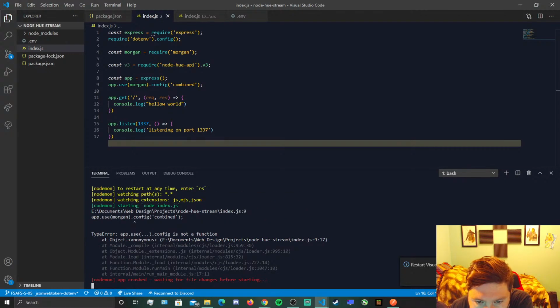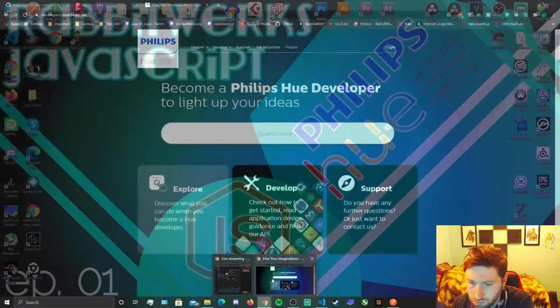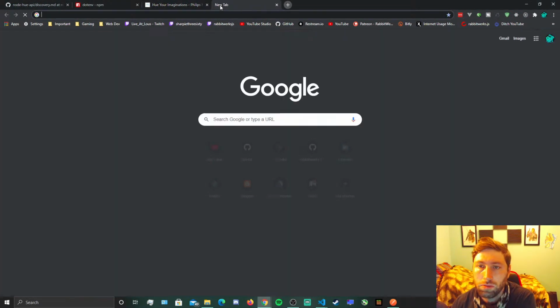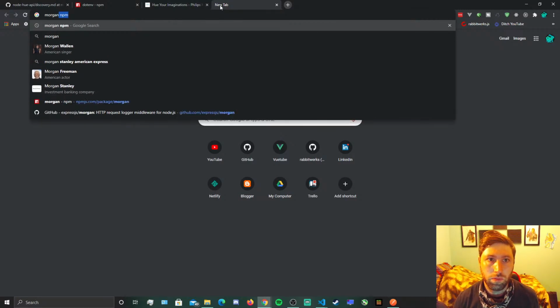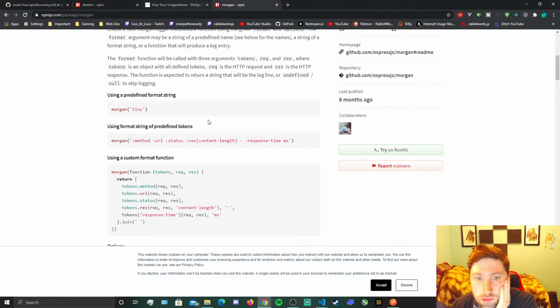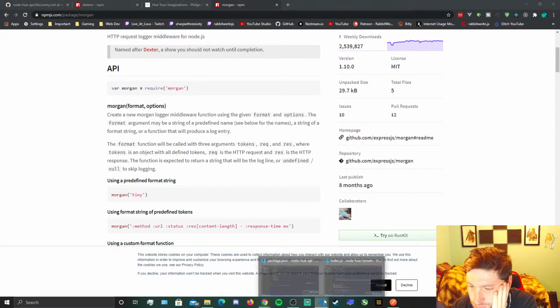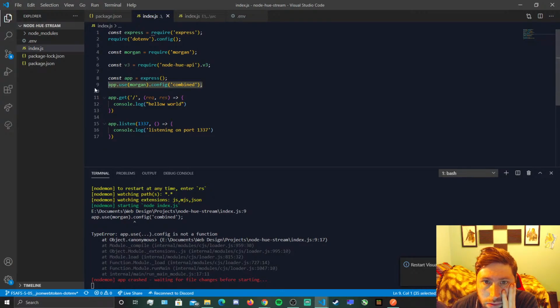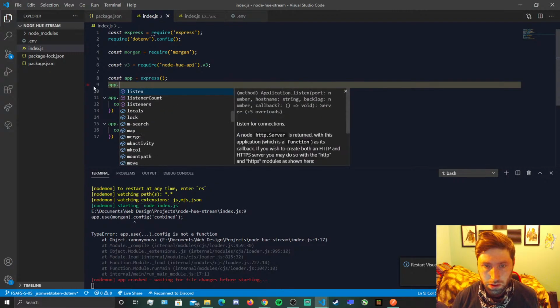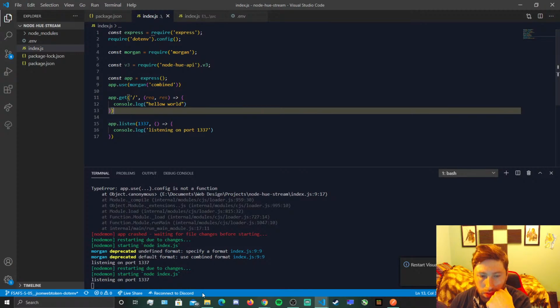Oh, yep. Or maybe that's not the right syntax. Let me check really quick. Morgan. Oh, you just call it and pass it in like that. There's not a dot. So that is shot. So dot use. We'll put in the combined. There we go. Okay. Yeah, see right here, it's saying it's deprecated. Gotta use a format, I guess. Okay, so